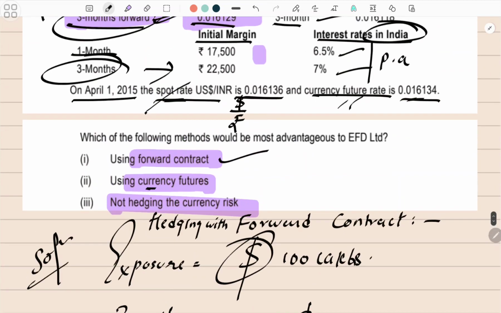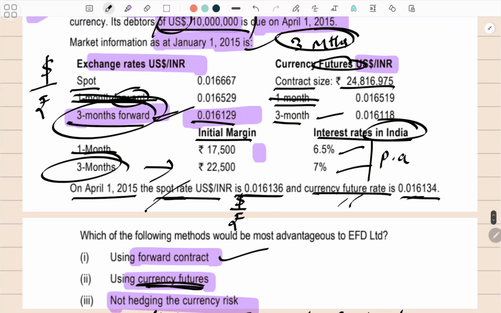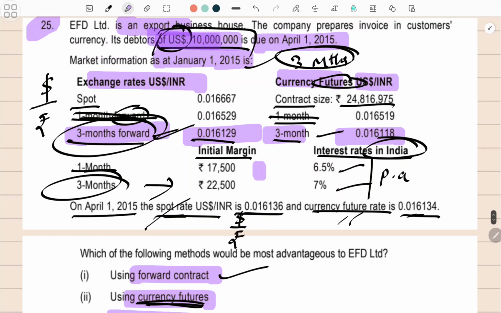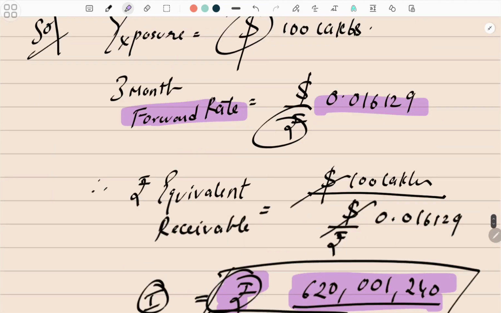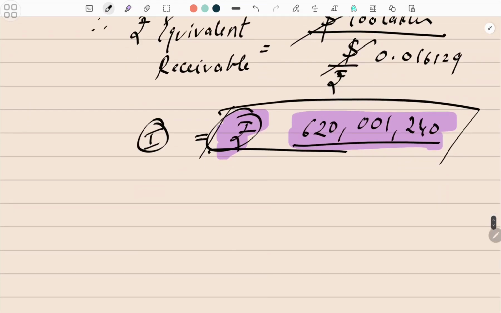Now in case you use the currency futures, okay, so for that again I'll use the currency future here, the 3-month is here, this particular rate, and my exposure remains the same, $100 lakh. So let's see this. In currency futures you have some extra steps as well, because the contract size, the lot size, is given to you. So hedge using